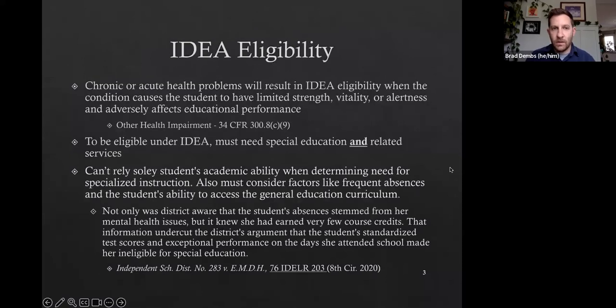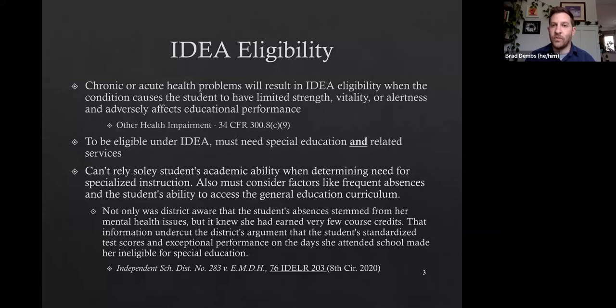Most commonly, this is going to be a child who is eligible for special education under the OHI, or other health impairment, category. That's not an absolute, but oftentimes that is where disabilities or impairments would fall within the categories of eligibility under the IDEA. And there could be multiple eligibility categories, but I'm just highlighting OHI here, which is a chronic or acute health